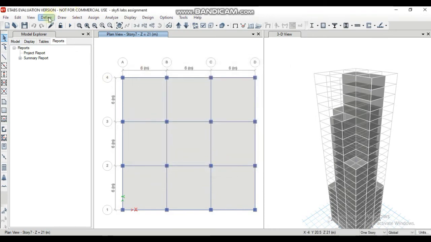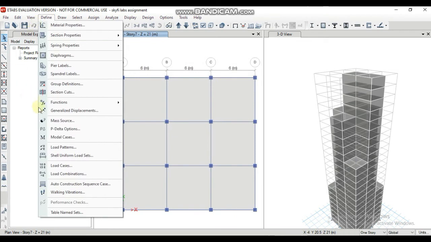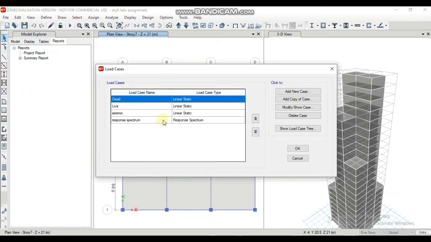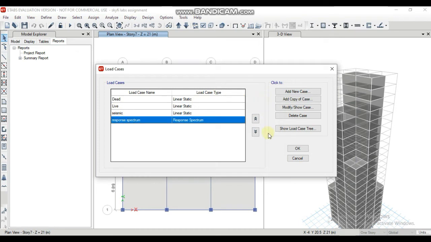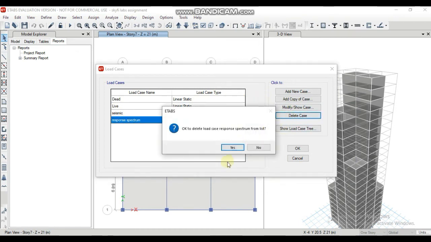Go to define, add load cases. So now we have to add new case. As there is a limit of 4, there is no need of response spectrum, so delete that response spectrum load case.